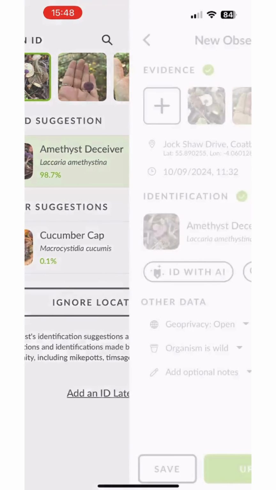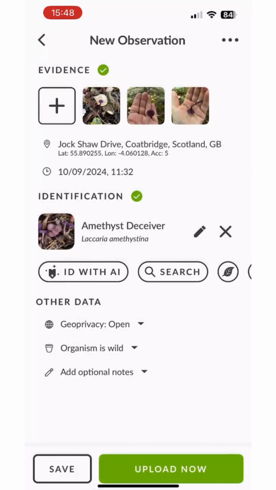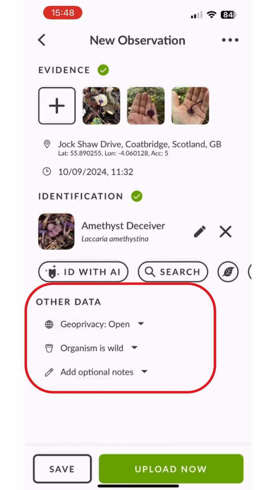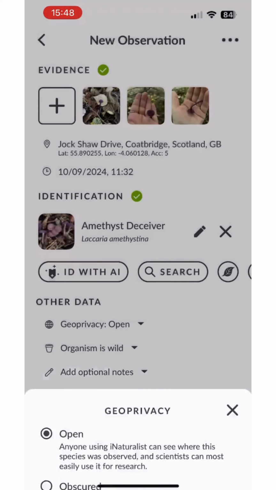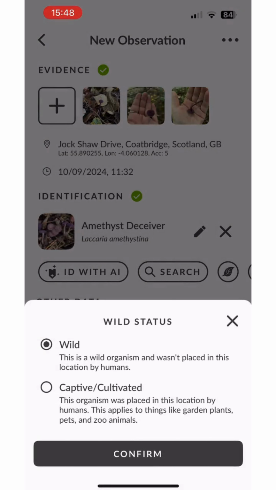The great thing about iNaturalist is that you don't need to be correct. The community of other iNaturalist users can support identifications or suggest new ones, and this will be shown later in the video. Back at the New Observation page, you can alter the geoprivacy settings, the wild status of your observation,